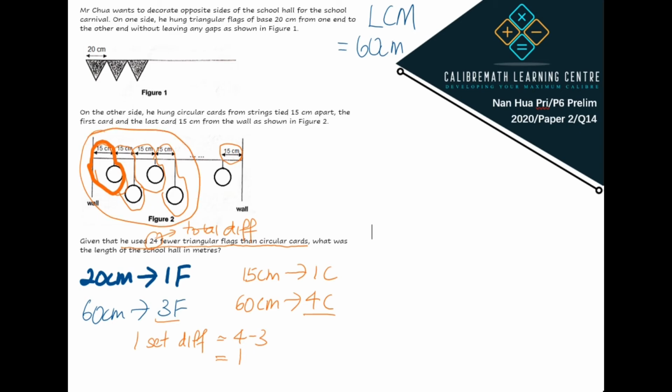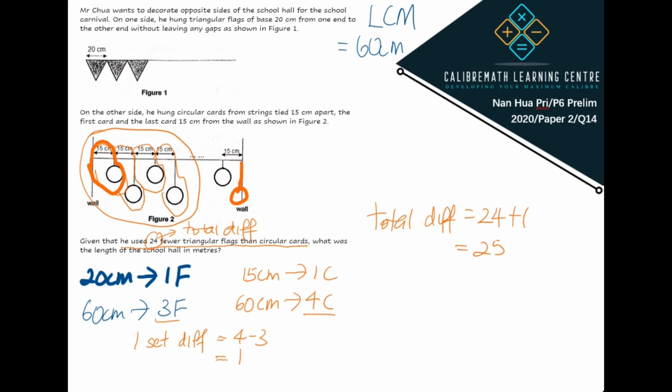So remember, just now at the start of the question, I said that the opposite sides of the school hall are actually equal in length. So we can't just ignore the last 15 cm and just omit it. So in order to make the last 15 cm become a complete set, we will insert a circular card to it. So in fact, the total difference for the triangular flags and the circular cards is now one more than 24, which is 25. So the total difference is 24 plus 1,